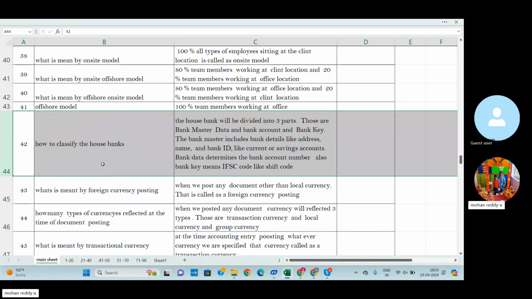Then how to classify the house bank? The house bank will be divided into three parts. Those are bank master, bank account, and bank account key. Bank master includes the bank details, address, and bank ID. Then bank data determines the bank account number. So house banking determines three types. Those are bank details, then the second one is the bank account details, as well as the third one is the bank account